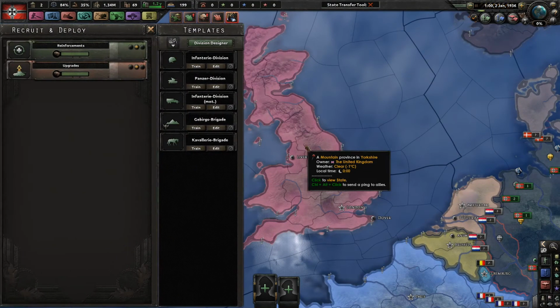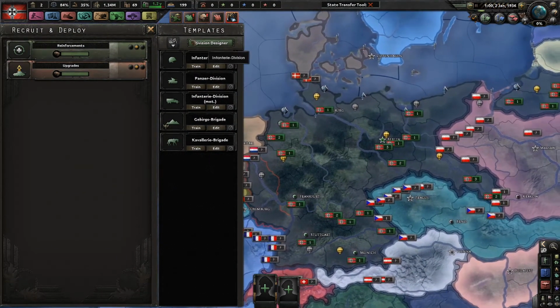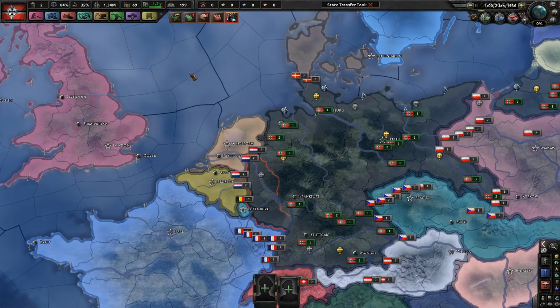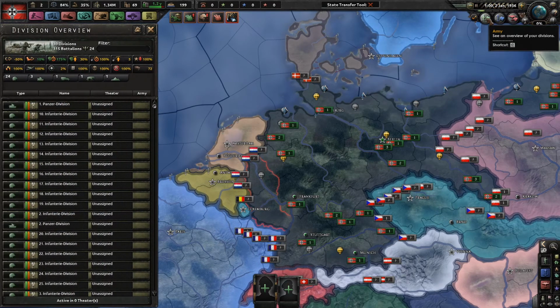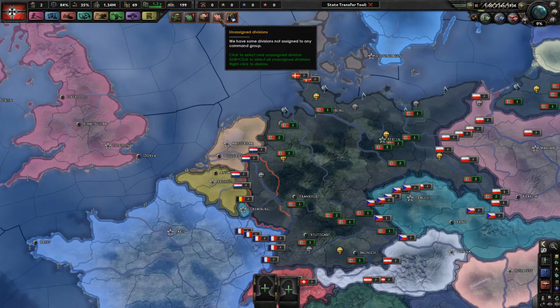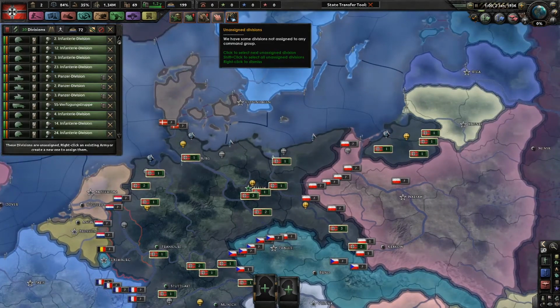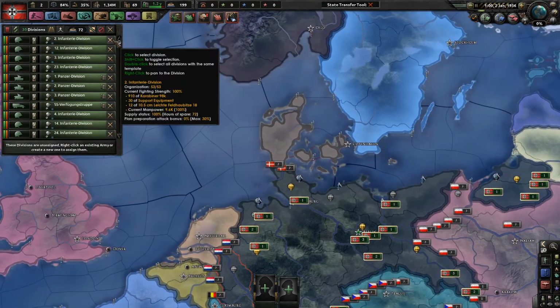Now we need to talk about army composition and divisions, but first let's gather up all the army, which we can do from here, from this little tab, or we can just, here we have unassigned divisions. This means you have some divisions that are not assigned to any command group. Now in order to select all of them, you can shift and left click and all 30 divisions are selected